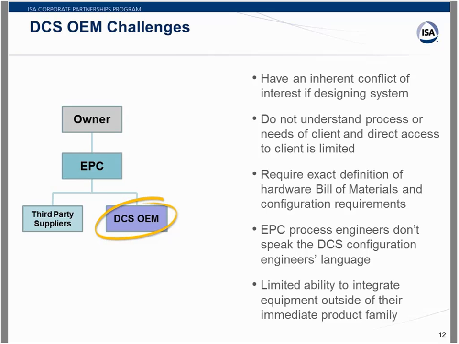And no one is. And of course, EPC process engineers don't speak DCS configuration talk generally, and so he's asking questions that the EPC may or may not understand, especially if he's got a very small automation staff. And so now I've got the DCS trying to figure it out. And so the vendor is going to do the best he can do and just try to wing it and get it as close as it can be. And obviously that's bound to create issues.